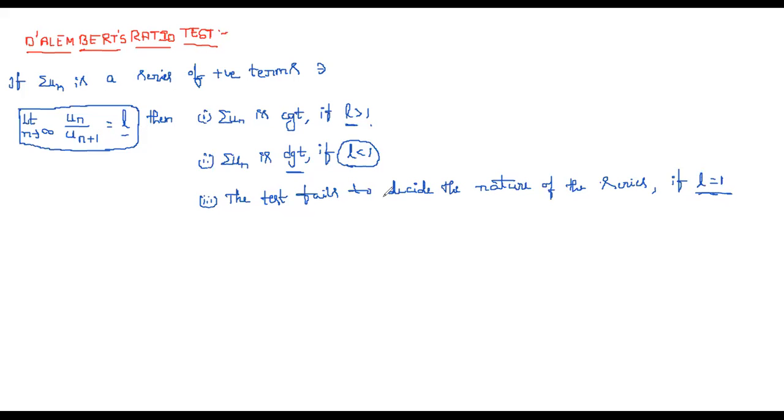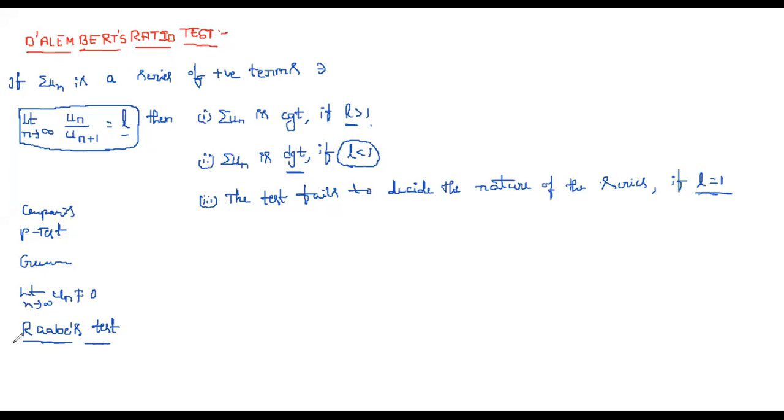Suppose the test fails, you need to decide the nature again, either it may be convergent or it may be divergent. For that, in some cases, you may use comparison test if L is equal to 1, or p test, based on the problem, or geometric series in some cases, or limit n tends to infinity Un not equal to 0, then the series is divergent. That one also we can apply. Or in most cases we use one more test, that is nothing but Raabe's test. If ratio test fails, maximum we use this one, Raabe's test.